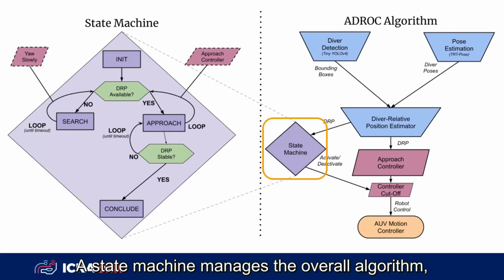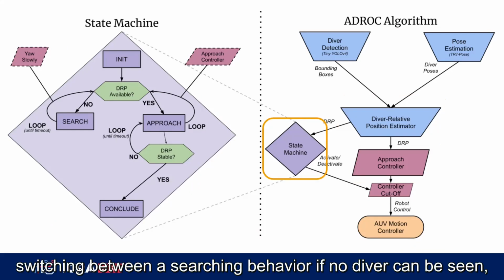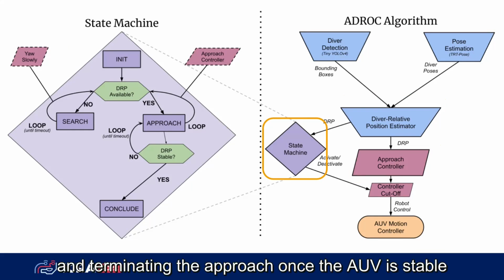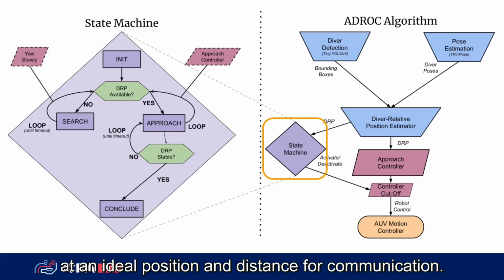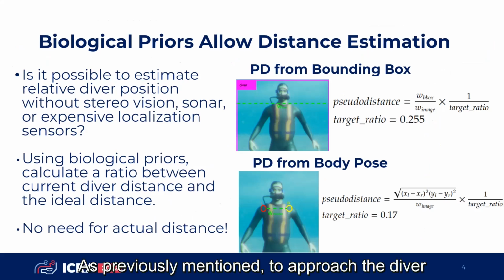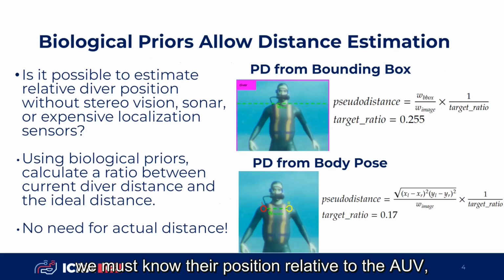A state machine manages the overall algorithm, switching between a searching behavior if no diver can be seen, the approach behavior once a diver is visible, and terminating the approach once the AUV is stable at an ideal position and distance for communication. As previously mentioned, to approach the diver, we must know their position relative to the AUV, including